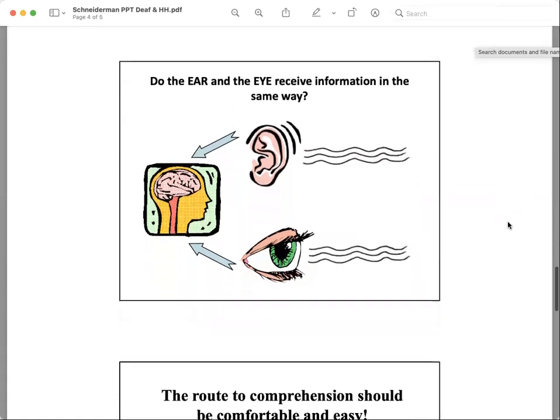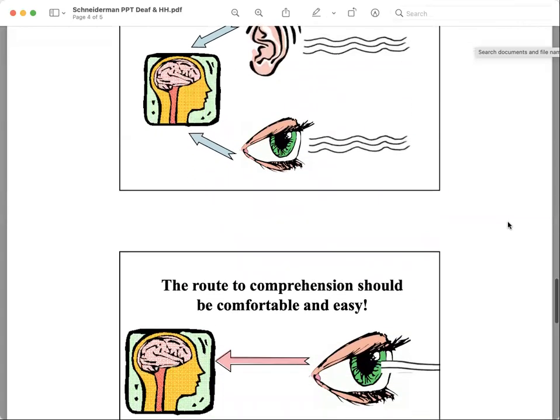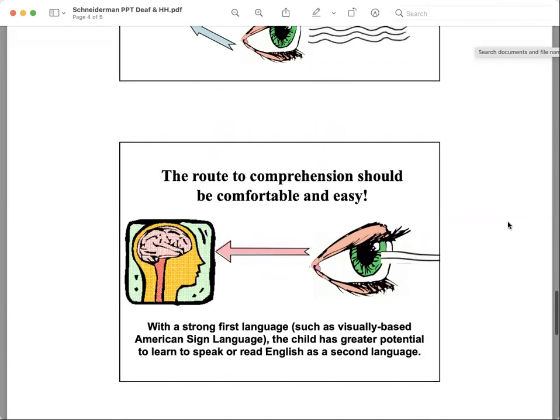There's often a really big misunderstanding as to why it's such a challenge for a child to be asked to process auditory language through their eyes, to lip read, to watch spoken language. An ear and an eye simply don't receive the information in the same way. Information needs to arrive to the brain in a way that's meaningful. The eye is just an avenue. They're always taking in information. The important goal is that the information gets to the brain in a way that the brain can interpret it.